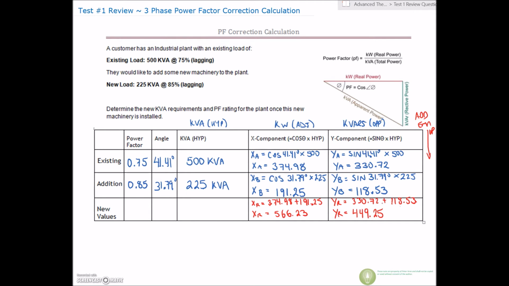Okay, at that point, going back, we have an x component and a y component. These are 90 degrees out of phase. So going back this way, we're now going to use Pythagoras. We've got 566.23 squared. So for our new kVA right here, we're going to have 566